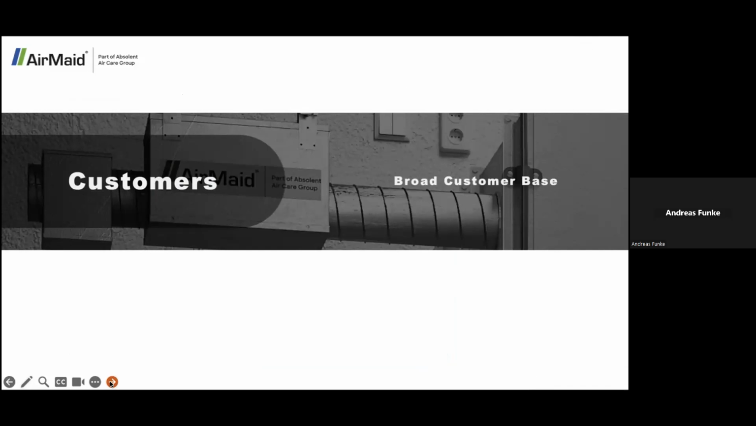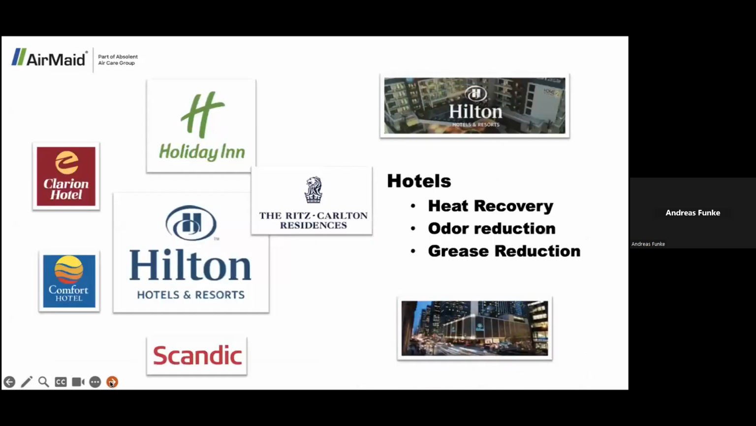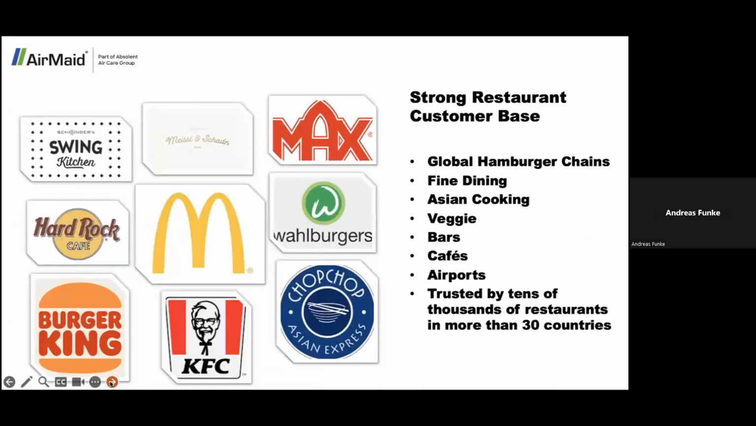In the USA, we have a very broad customer base already. We started in Europe, and we have shopping malls here, restaurants, food courts, which are using the equipment for heat recovery, for odor reduction, for grease reduction. In the USA, we have the Holiday Inn chain, where we have a few installations, or also the Hilton Hotel. We are using it in skyscrapers. We have in your area the new Microsoft office building, and we have a very strong restaurant customer base with brands which you might know, like the Yellow M in the middle, or the Wahlberg, where we have in the US, but also in Europe, a lot of other brands,